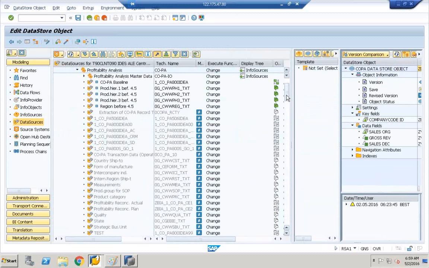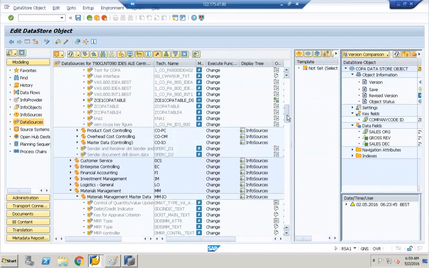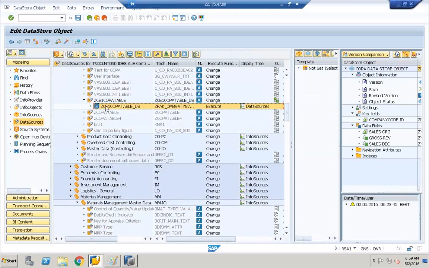Controlling COPA, this is my data source. I replicated, and you execute the info package. Once you activate the data source,